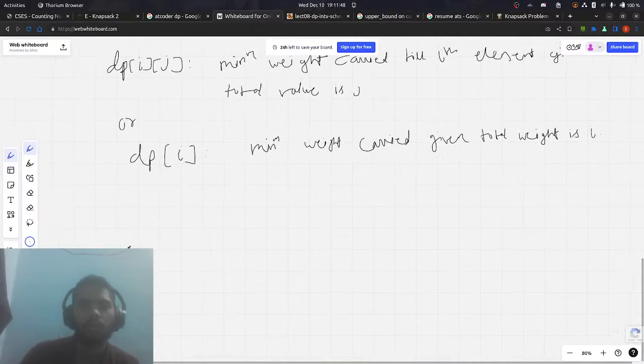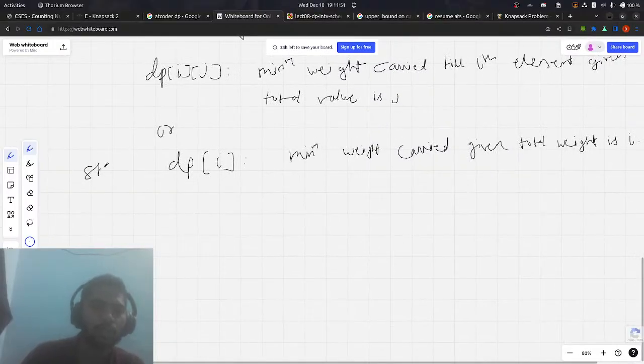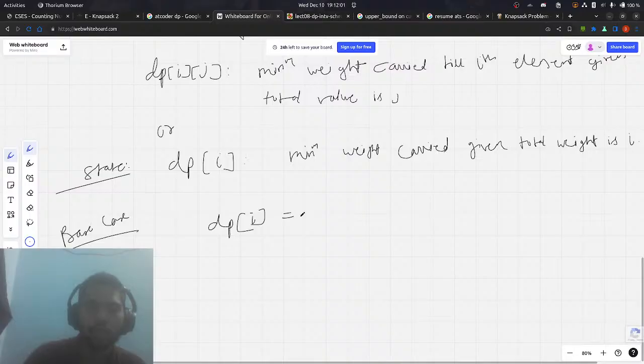Okay, and the transition, the first base case: dp[i] will be maximum, so int max for all i,